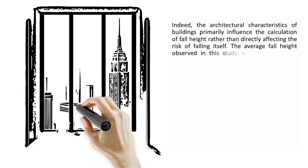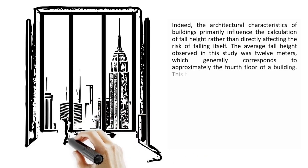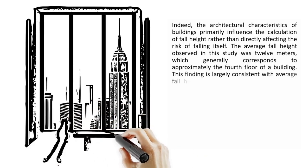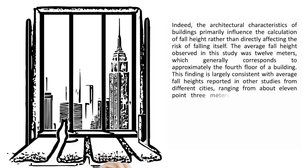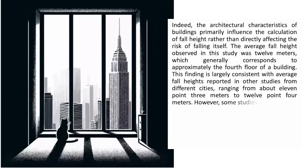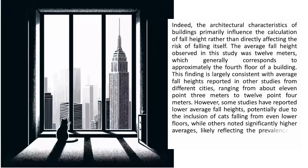falling itself. The average fall height observed in this study was 12 meters, which generally corresponds to approximately the fourth floor of a building. This finding is largely consistent with average fall heights reported in other studies from different cities, ranging from about 11.3 meters to 12.4 meters. However, some studies have reported lower average fall heights, potentially due to the inclusion of cats falling from even lower floors, while others noted significantly higher averages, likely reflecting the prevalence of very tall skyscrapers in certain urban landscapes, such